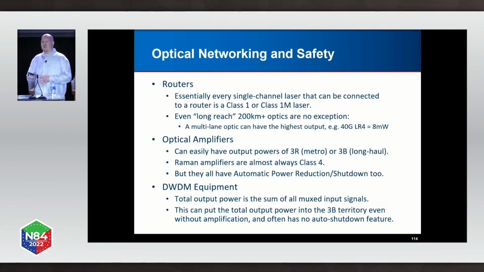The other way that it can matter is if you have DWDM as you mux more channels. So if you take even an unamplified system, but you take 40 channels and you shove them all together in one fiber, you've now got a very bright fiber. And even what people don't think about is like an LR4 is 4 lasers that are muxed together. So that's 6 dB brighter than what would normally be under normal conditions. But for the most part, it's just never a thing that you have to worry about